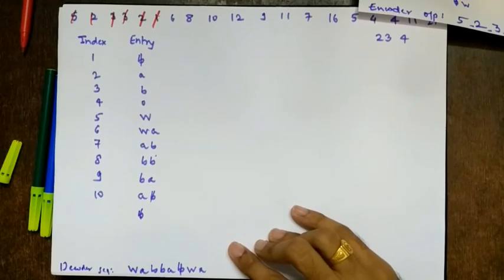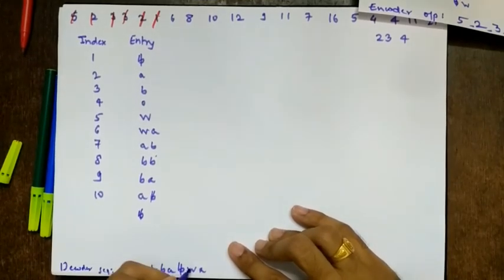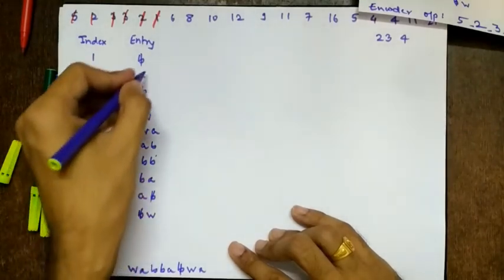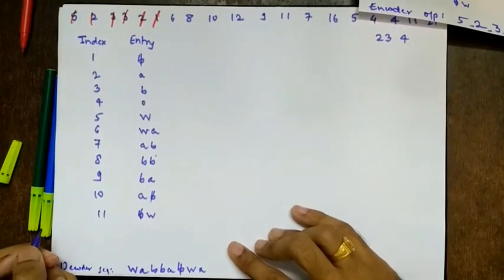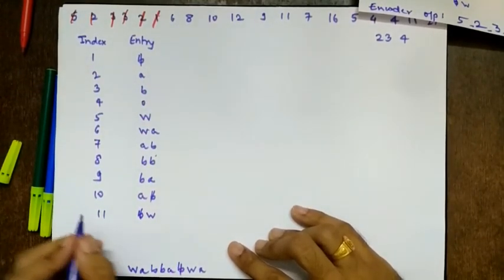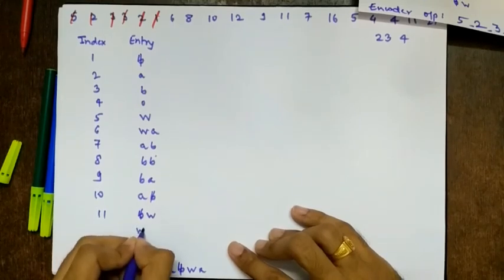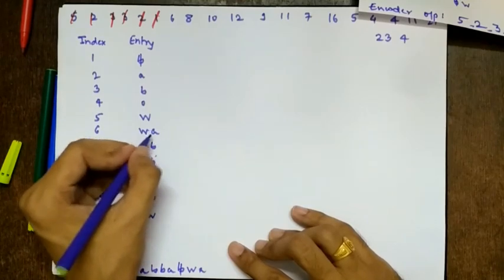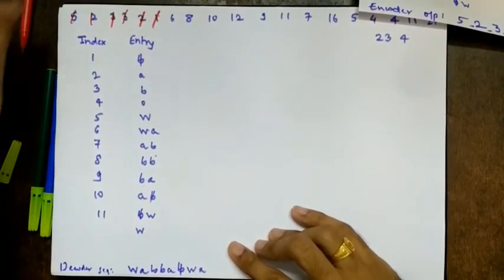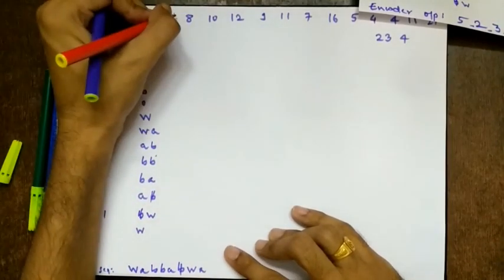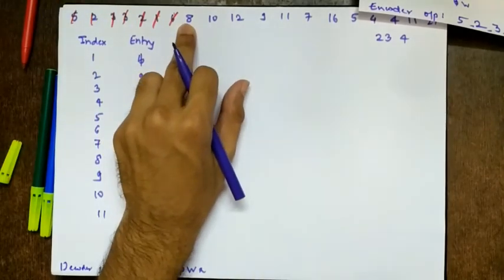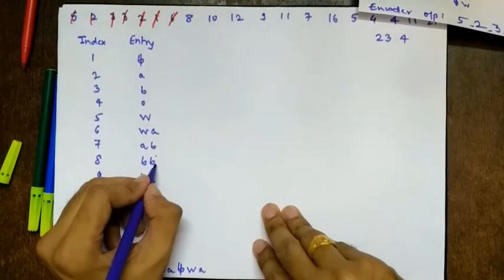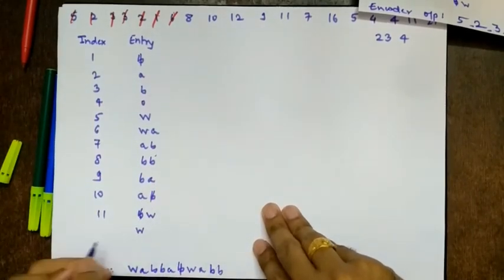So we will not take directly BWA. To mimic the dictionary, we will take only the first alphabet, which is B bar W. So is B bar W in the dictionary? No. So we will make a new entry. Right? So B bar W is there. Then we start with W. So next is what after WA? So WA. But WA is already in the dictionary. So we will not make a new entry. Right? So what have we decoded? 6. Right? So next we go to 8. So 8 is BB. So again we'll write BB, right?